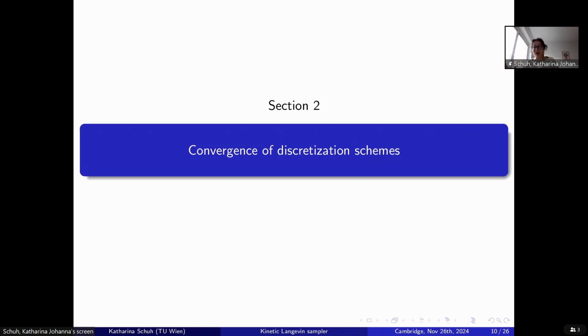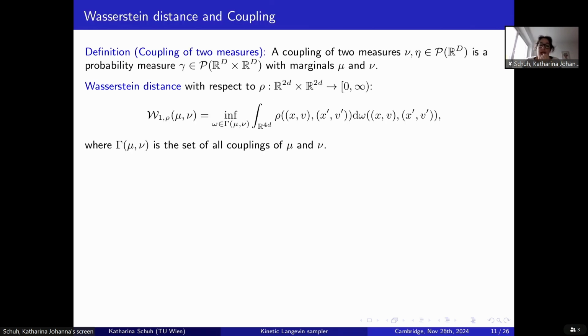Okay, and now having set up our sampling method and the measures we are interested in, we can come to the analysis for these schemes. So how well do they actually sample this given target measure? Here we will analyze this using the Wasserstein distance and using couplings. So just a short recap for those who haven't worked for a longer time with couplings. A coupling between two probability measures on some space R^D is just a probability measure on the space R^D times R^D,